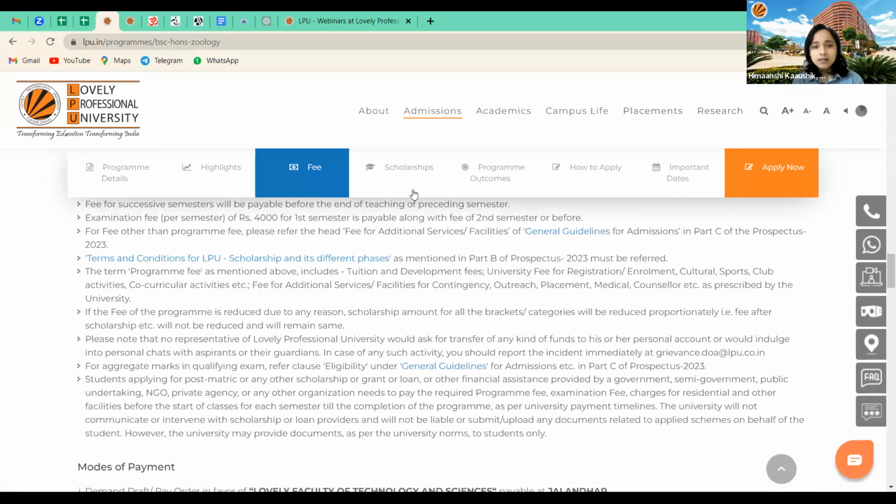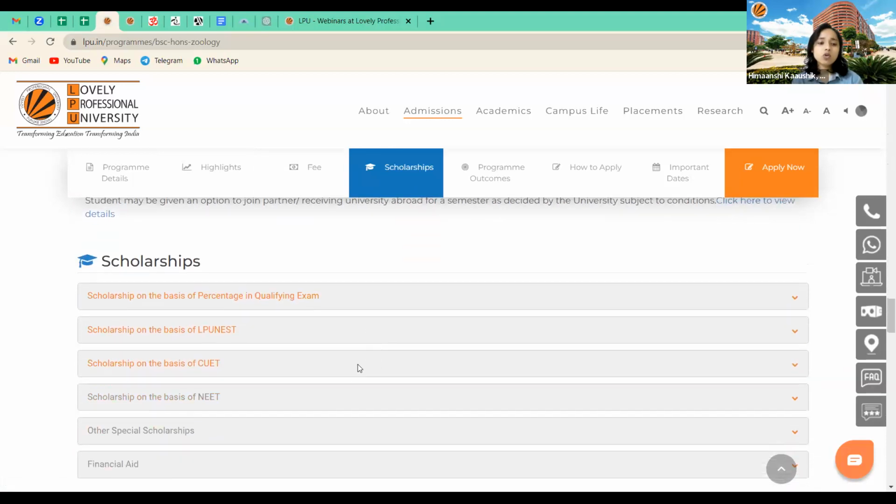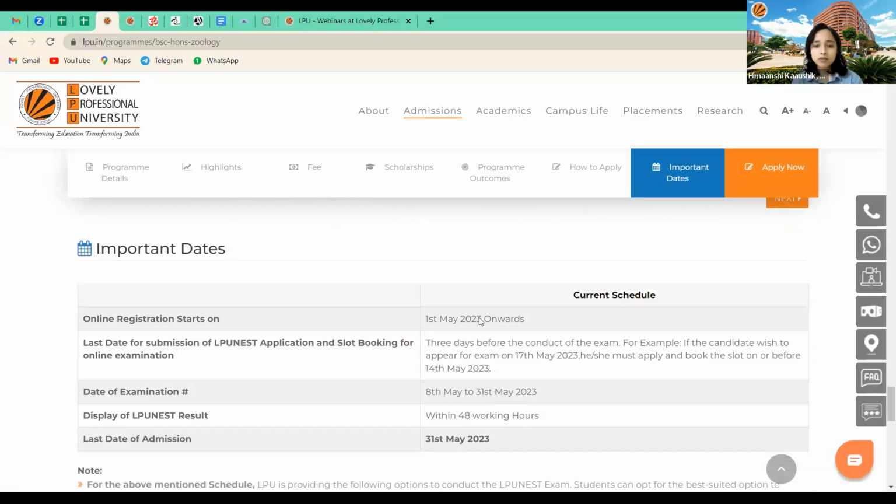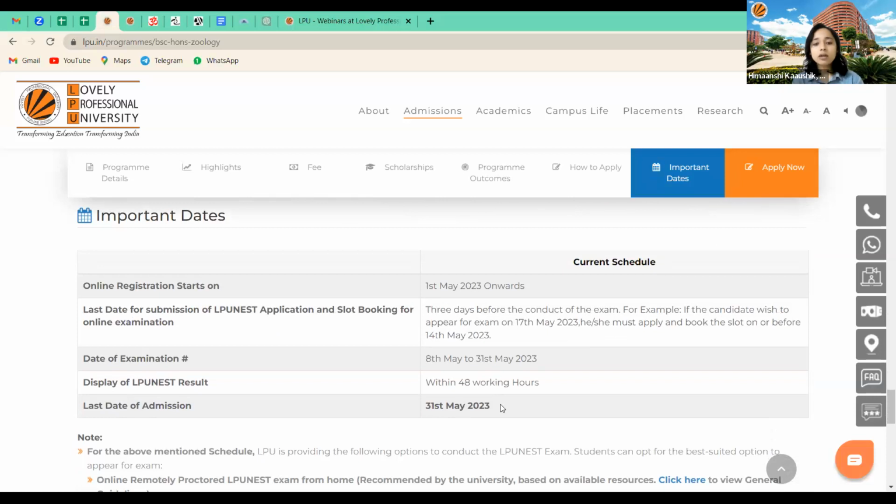And there are other scholarships as well. So you simply click on scholarship, and there are other scholarships. You need to explore and check whether you're able to apply for that or not, and if yes, then simply apply for the scholarship. Now the important date is 31st May, which is your last date of the